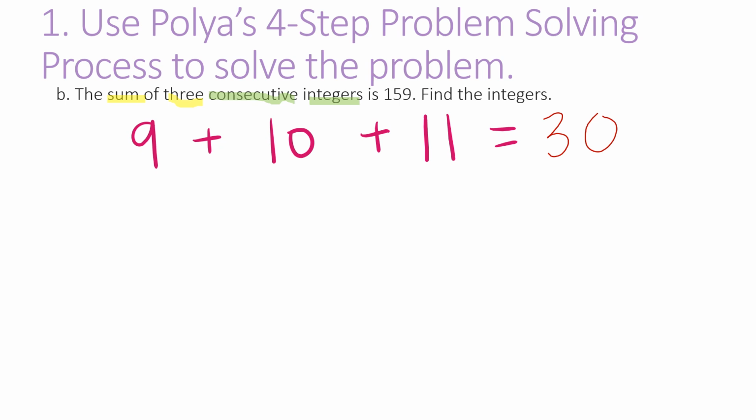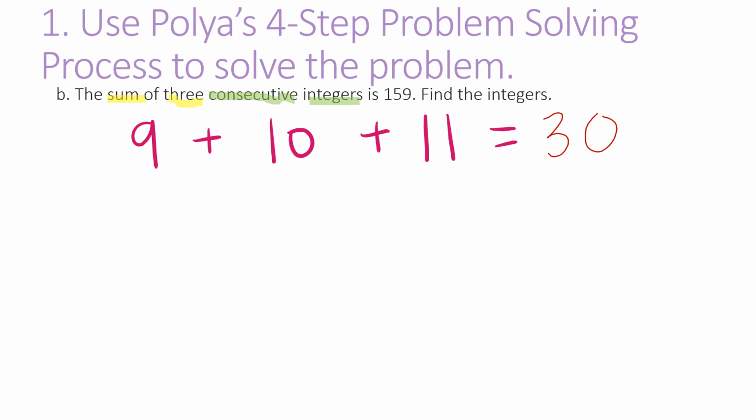So we could pick bigger numbers. We could, obviously they can't be bigger than 159 because it's got to be 3 of them and they got to add to 159. So you could pick like, maybe 40, 41, 42. And if that didn't work, try 43, 44, 45. So you could really guess and check here. That wouldn't be wrong to do it that way. I'm going to go about it in a more